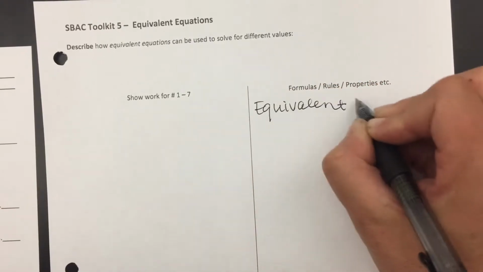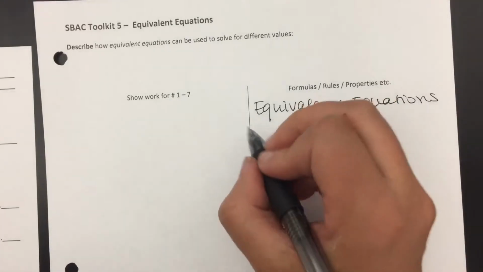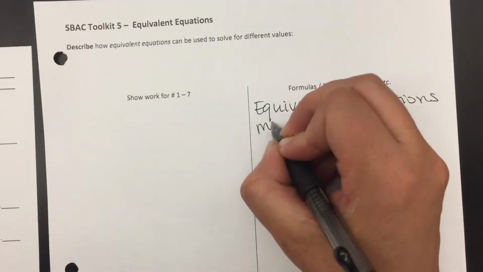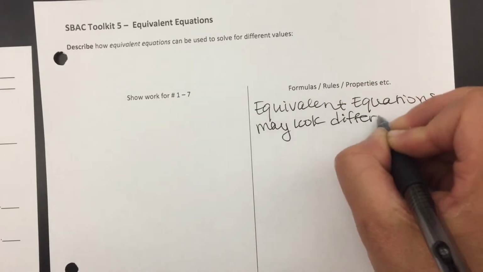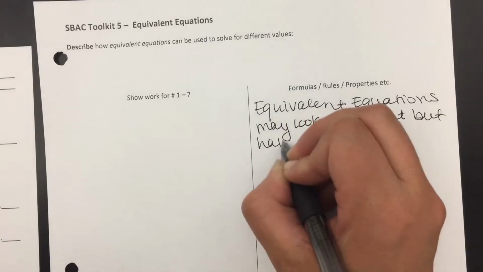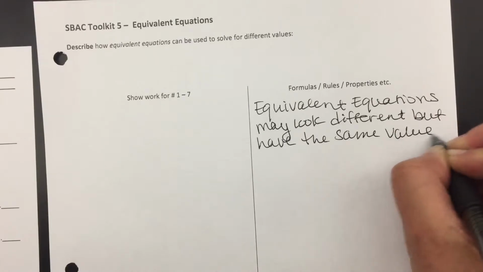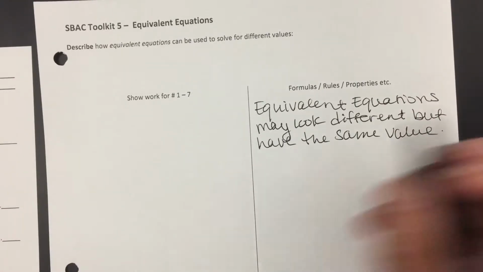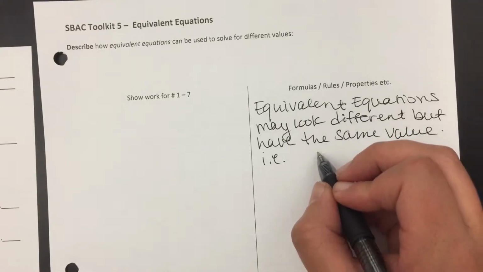Equivalent equations may look different but have the same value. Okay, so a simple one from a linear would be something like if I have x